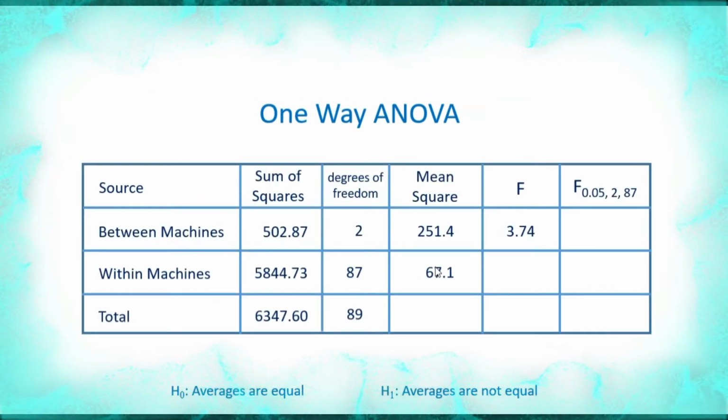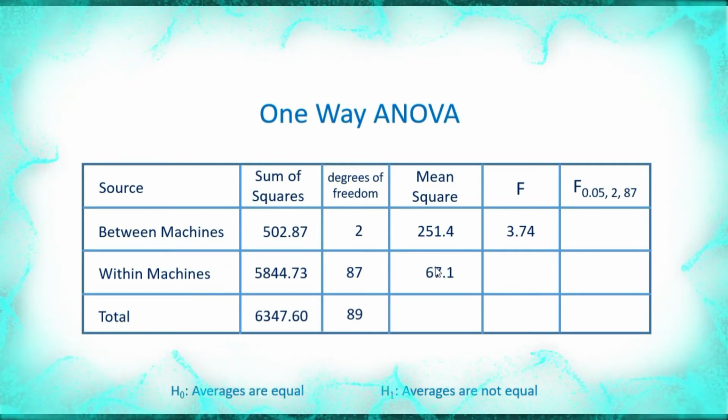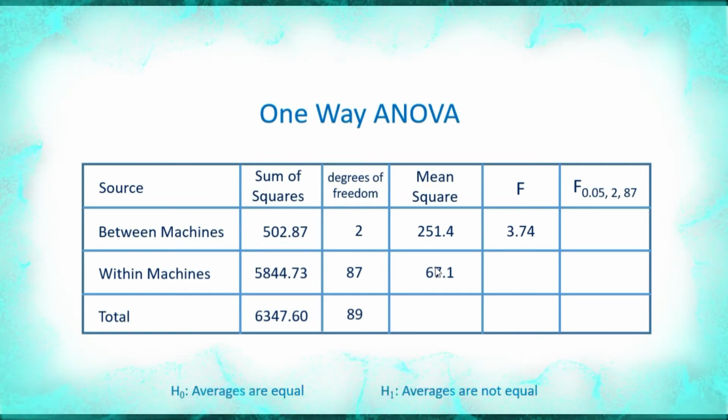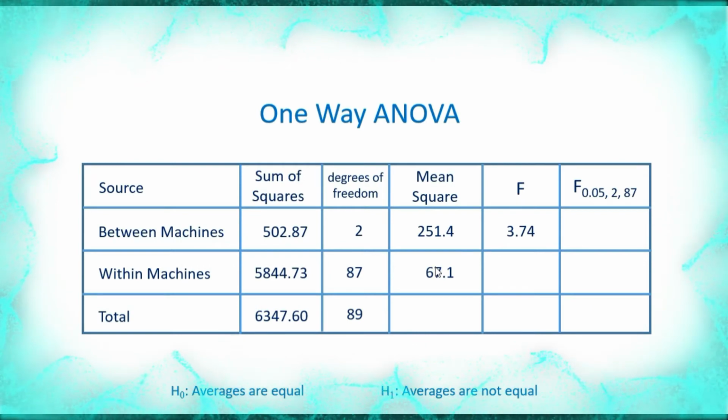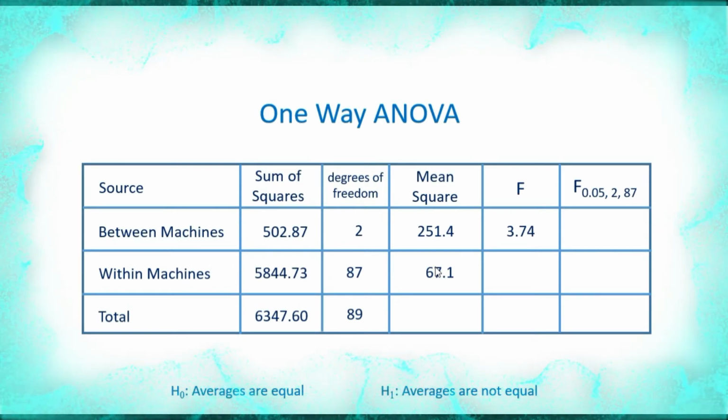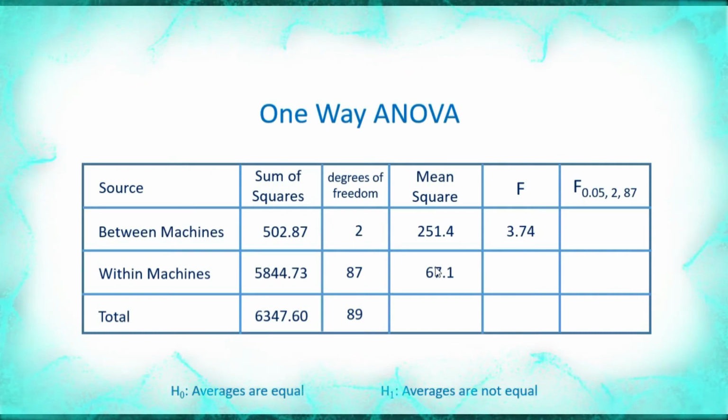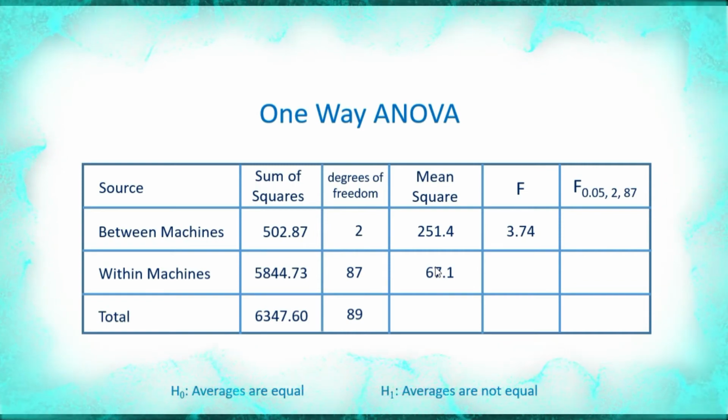So we lay out our traditional one-way analysis of variance table as you see here, comparing the between machine variation to the within machine variation. We've calculated our sums of squares, degrees of freedom, mean square, and our calculated F statistic. So we've done all the hard work. We've randomized the experiment, we've thought it through, we've collected all the data, and then we've either loaded the data into a computer program or we've started to do this by hand if you're old school, and then we'll look